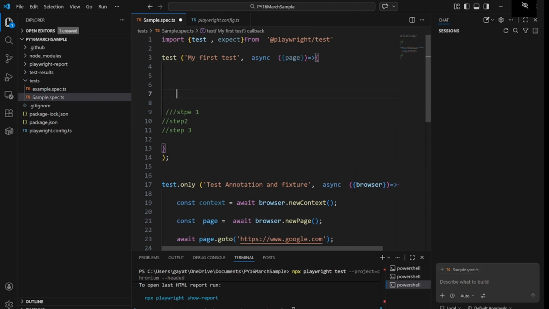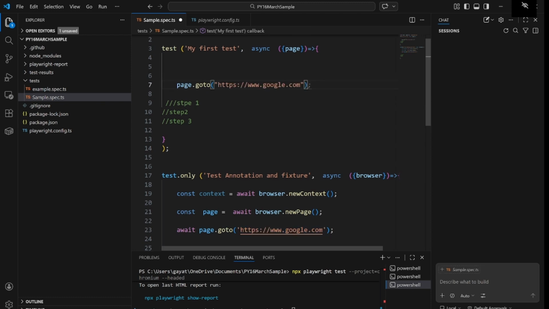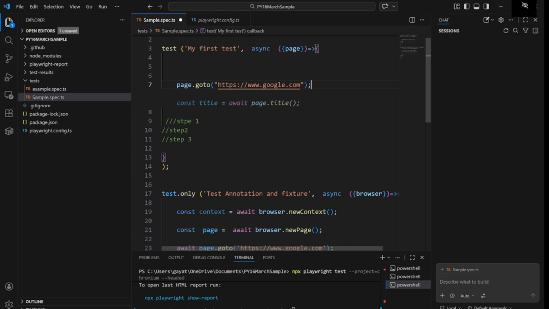When you use this page fixture, you can directly use it to goto, and you can provide the path of the particular URL or web page which you want to launch, or want to navigate to.